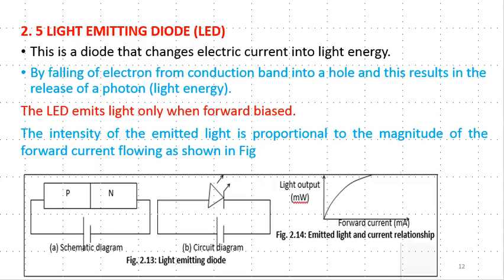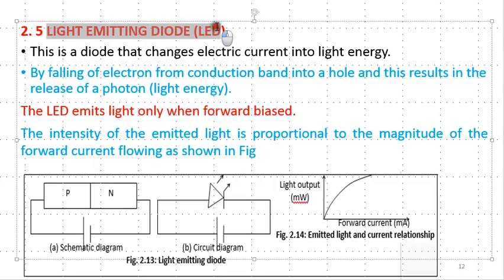Now another type of diode is what they call light emitting diode, and according to this name we can understand that this diode produces light as its output, meaning it accepts electricity as an input and produces light as an output. And how does it produce the light? It produces the light based on what we know from our basic physics, or chemistry rather,